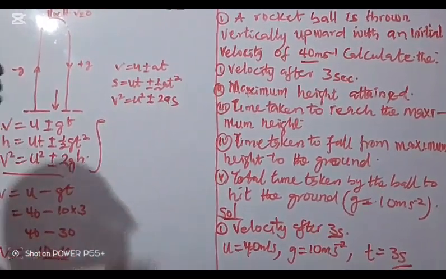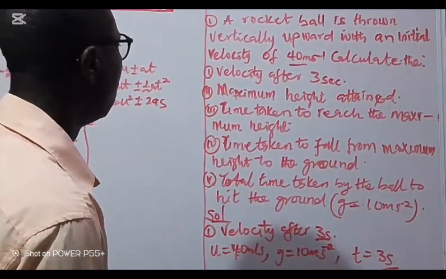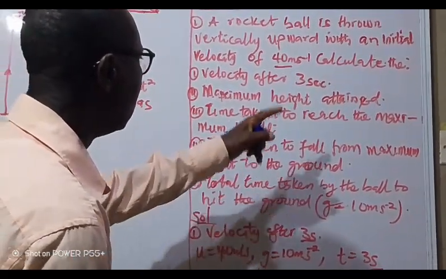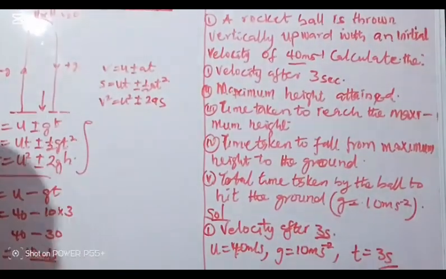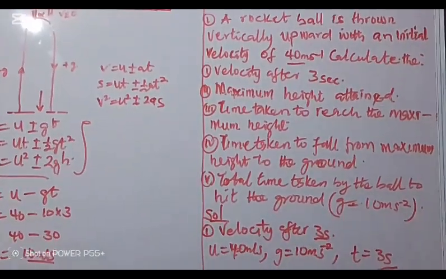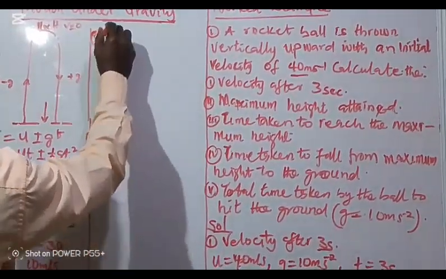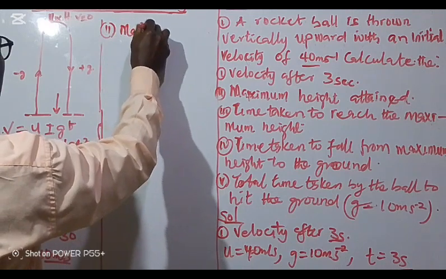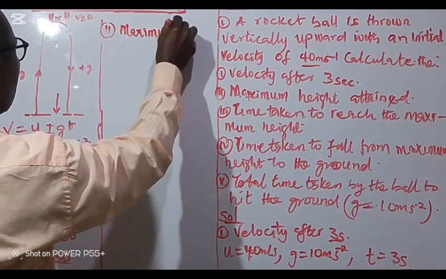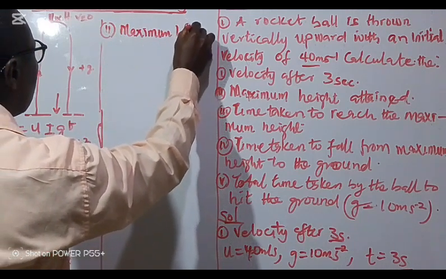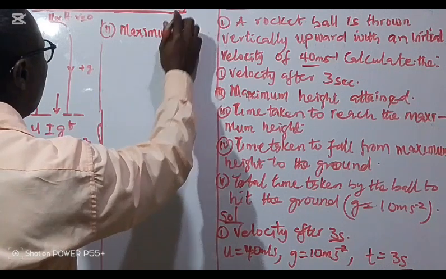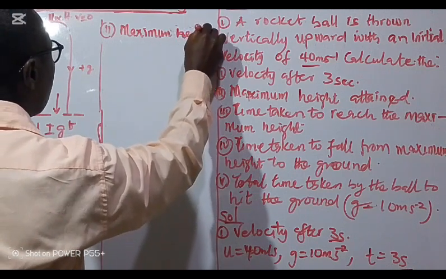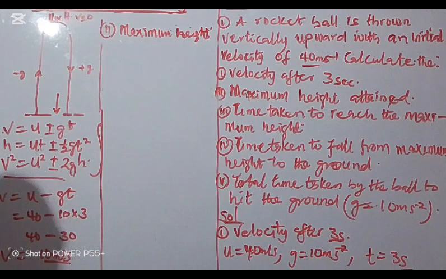Now for question number 2. We say the maximum height reached. Question number Roman figure 2 under it: maximum height. And according to the equations,